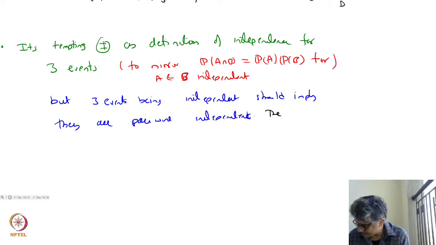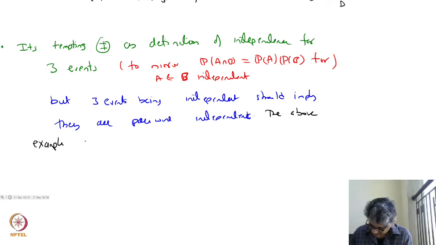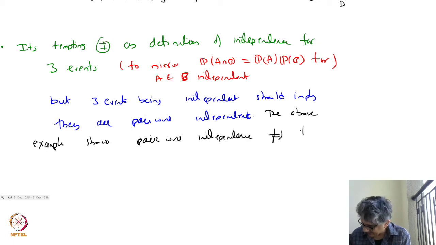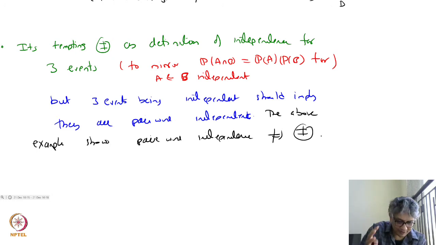But the above examples show the reverse is not true. The above examples show pairwise independence does not imply that. That's the first factor. So pairwise independence is not a global concept. To assume three events independent, three independent should imply pairwise independence. That's something we understand. So we need to be careful about what we mean by